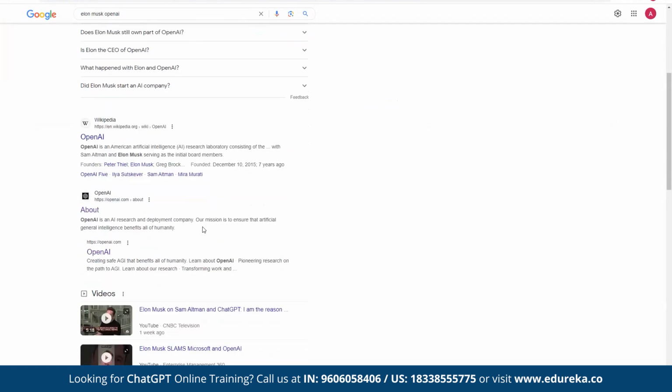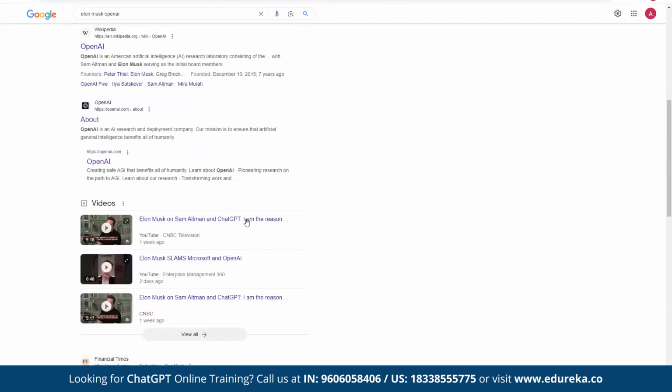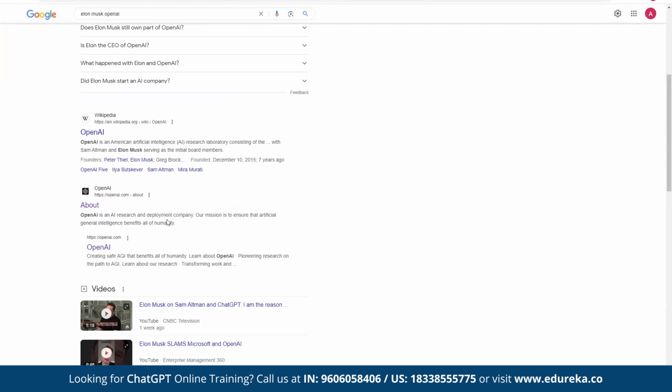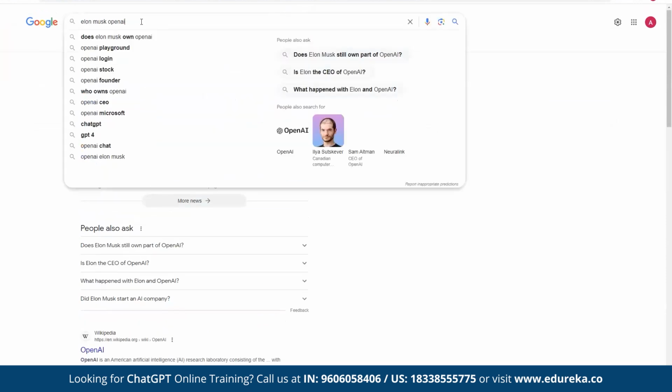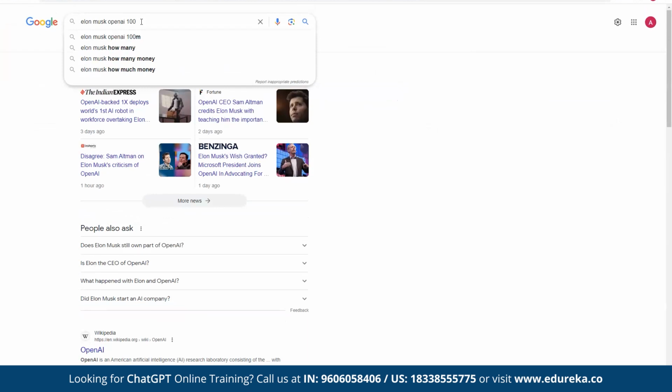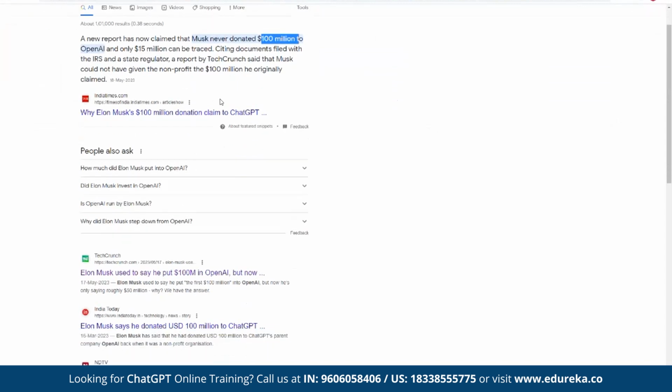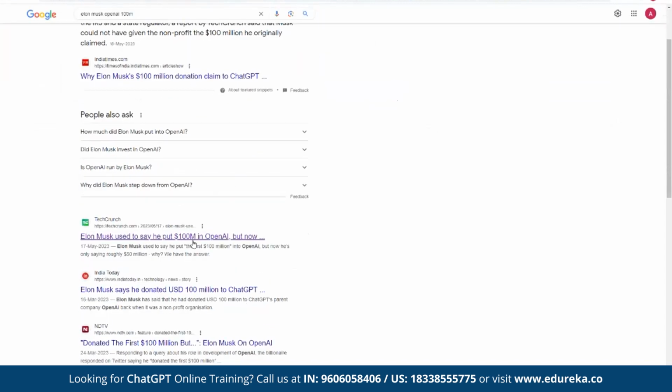So Elon Musk actually had donated $100 million for this organization, right? In 2017 around. So if you see here, now Elon Musk claims that he donated $100 million. There are reports which say that he did not, but anyways, there was a lot of interest around OpenAI.